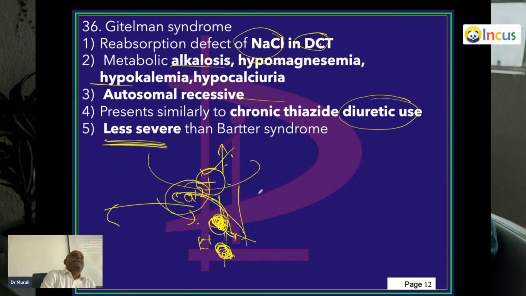Three buzzwords. Sodium loss leads to potassium decrease intracellularly because there is no co-transport. That activates ROMK. That ROMK will further cause potassium loss. That will alter the membrane positivity, and that will suck the calcium out of the cells into the tubular fluid, and that leads to hypercalciuria. Okay?